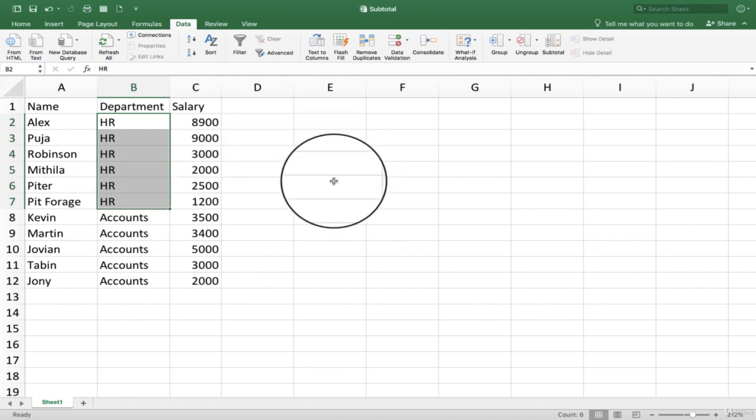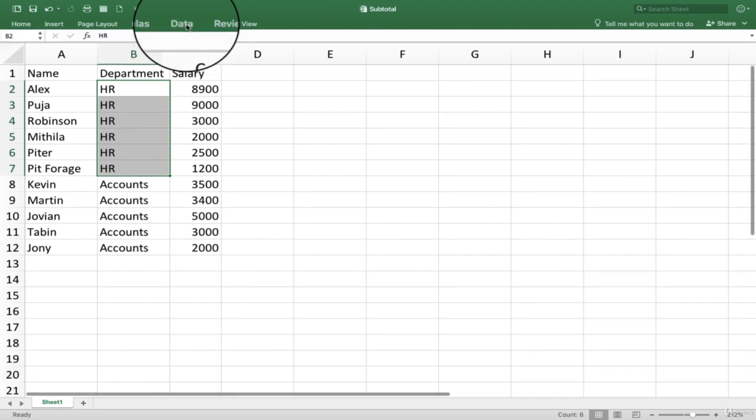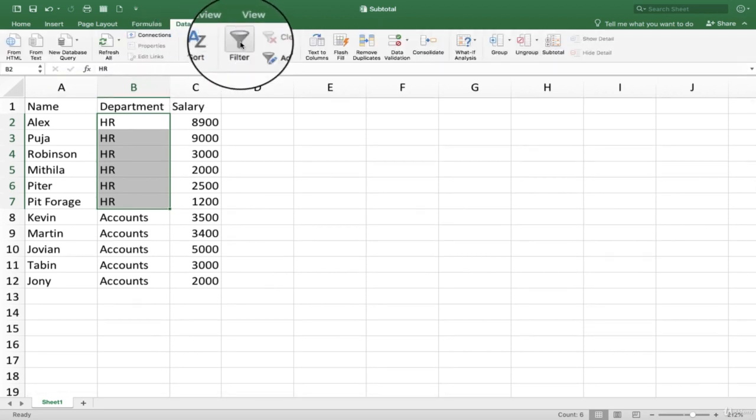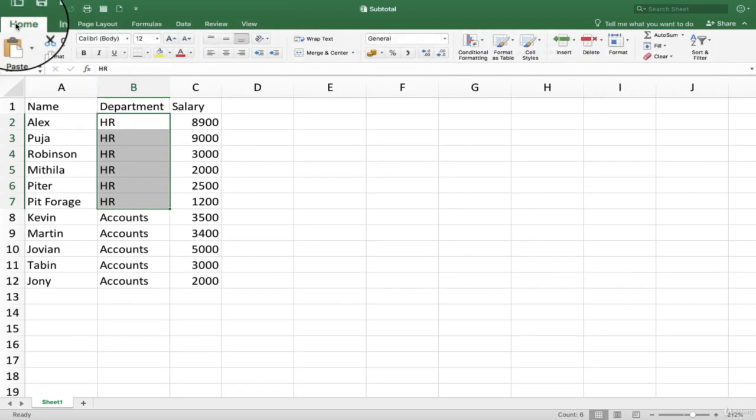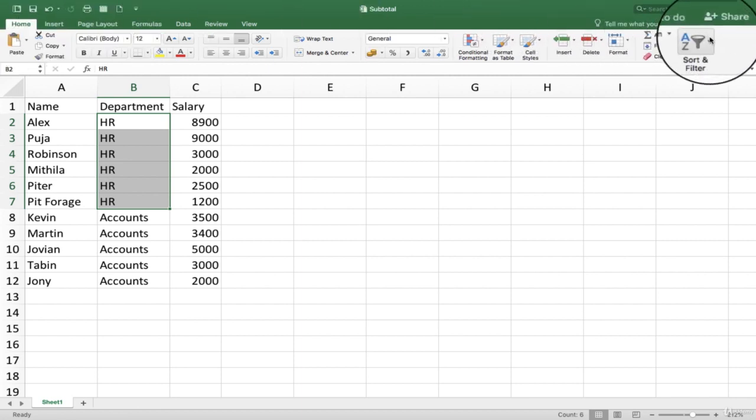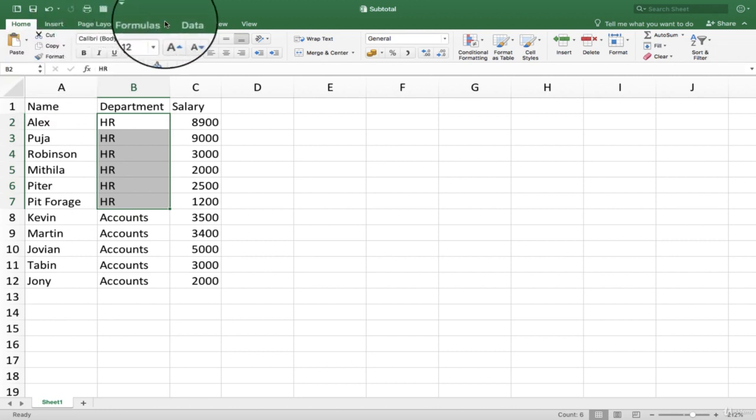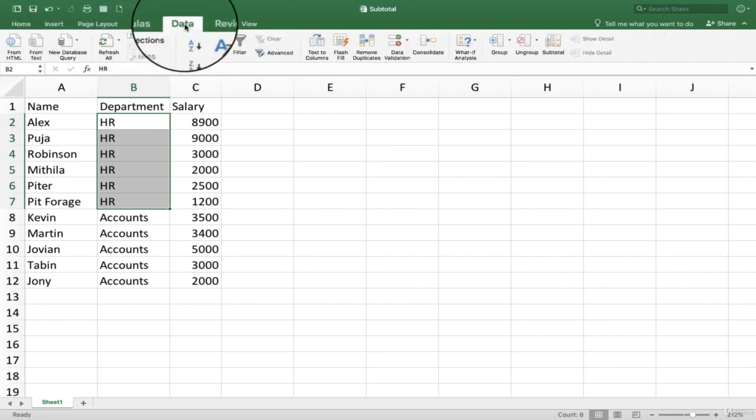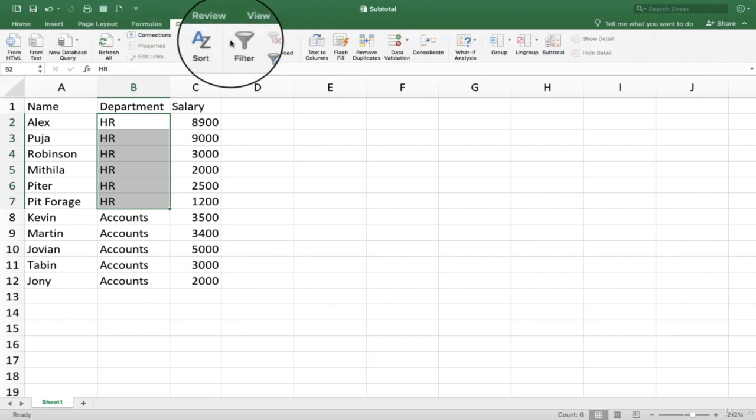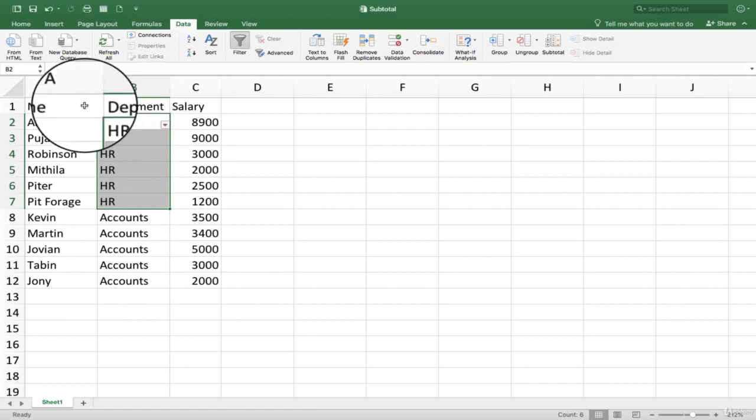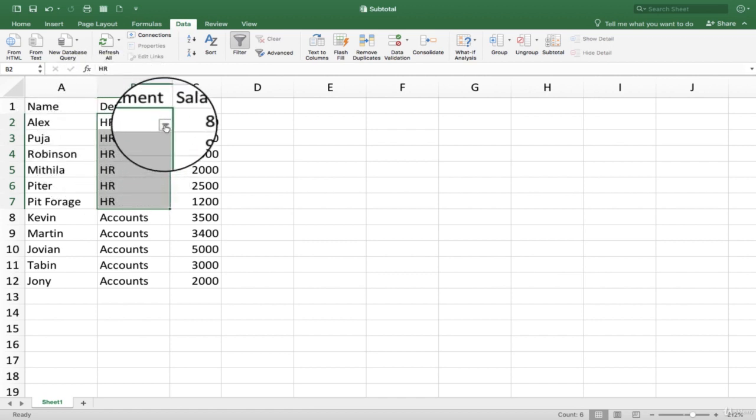You can go to the Data menu and click Filter, or you can go to the Home menu and click Sort and Filter. From both ways you can filter this data. So I'm clicking on the Data menu and then clicking on the Filter option. Here you can see the filtering option has appeared, and from this